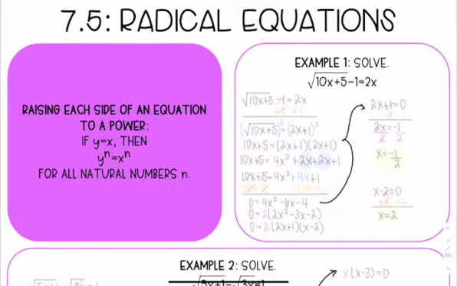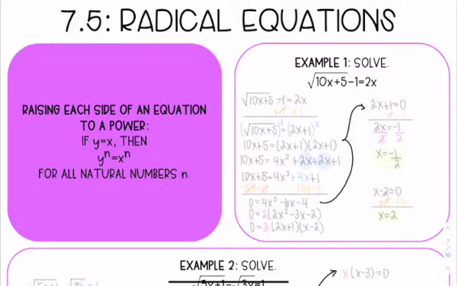In section 7.5, we're looking at radical equations. When solving radical equations, we want to raise each side of an equation to a power. If y is equal to x, then y to the n is equal to x to the n for all natural numbers n. So what we want to do is isolate the radical by itself on